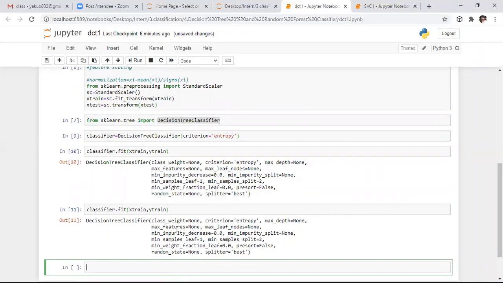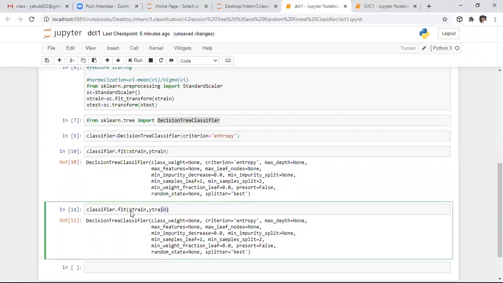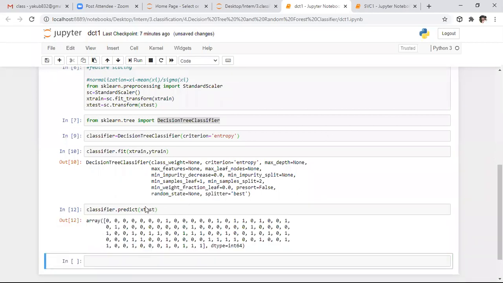Here I use classifier dot predict method. To predict the outcome, we need to use the predict method. In this predict method, we need to specify X test. Here it is the predicted result.